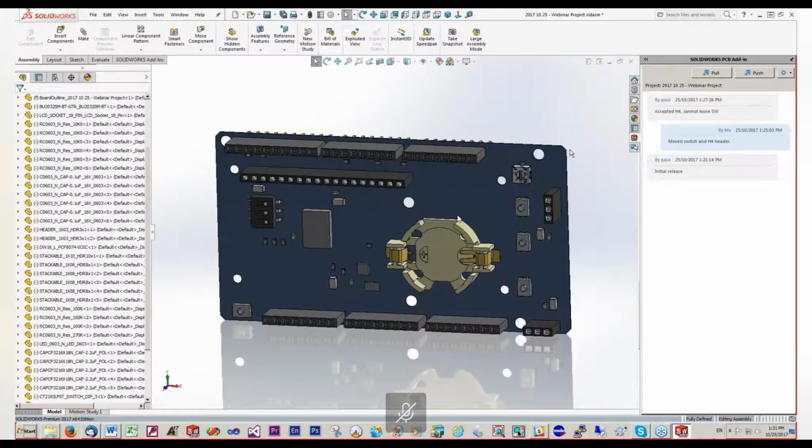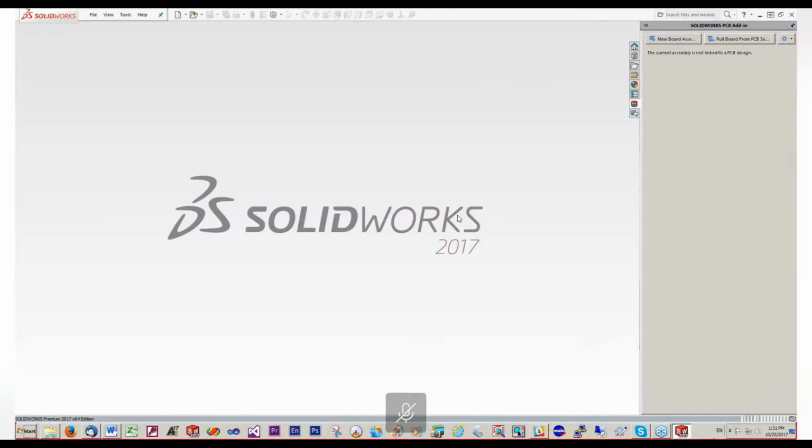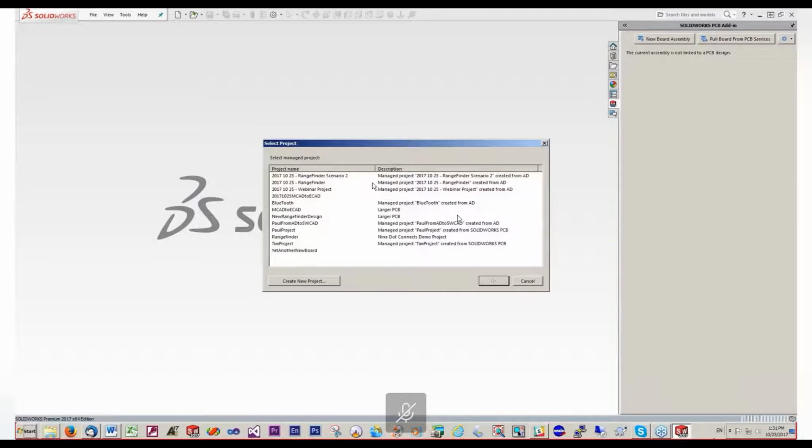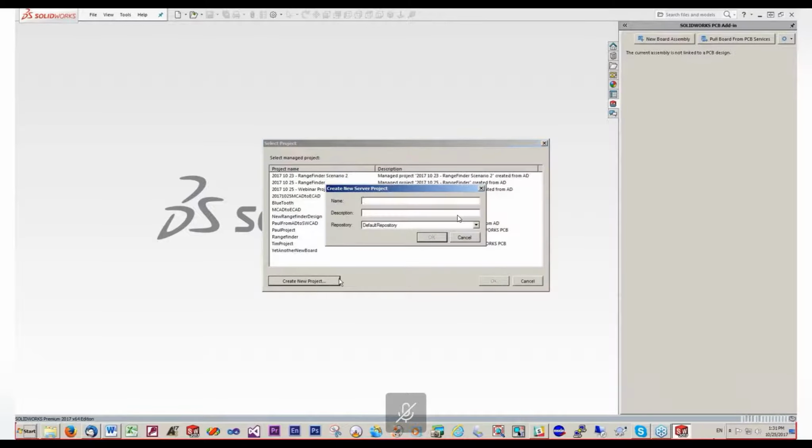So we're going to close this here. Okay. So we're back to basically a bare screen. We still have our add-in panel up here. So what Tom's going to do now is create a new board. So you see up in the left-hand side, in addition to pulling a board from something, you can also create a new board assembly. So that'll be the first step. You press that, and it's going to ask me to either select a project that's already there, or to create a new project. I'm going to call it